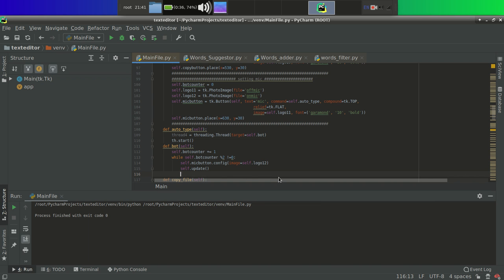Now it's our duty to call a simple script which will listen to us and add words according to our speaking into our text area. For doing that, we have to simply make another class, like a mic feature class, which will listen to us and add words to our text area.